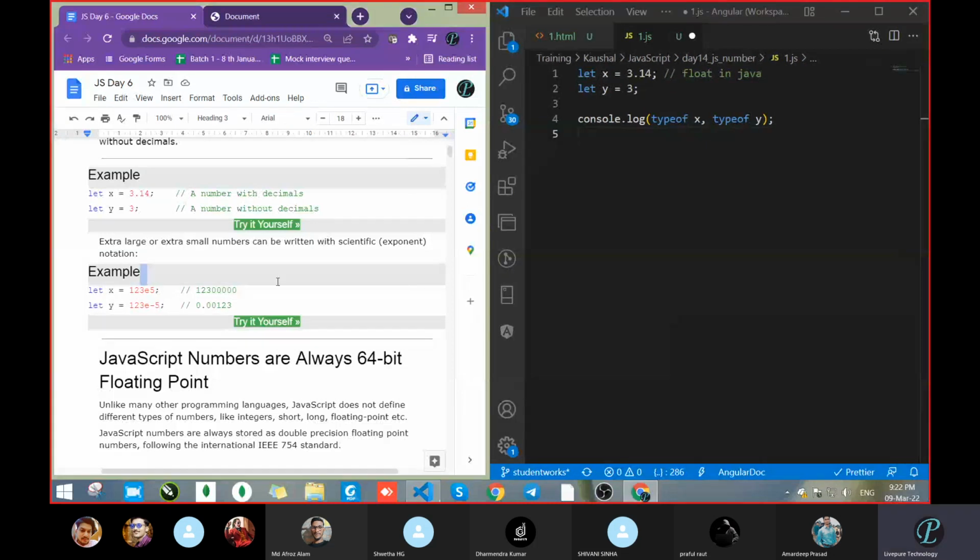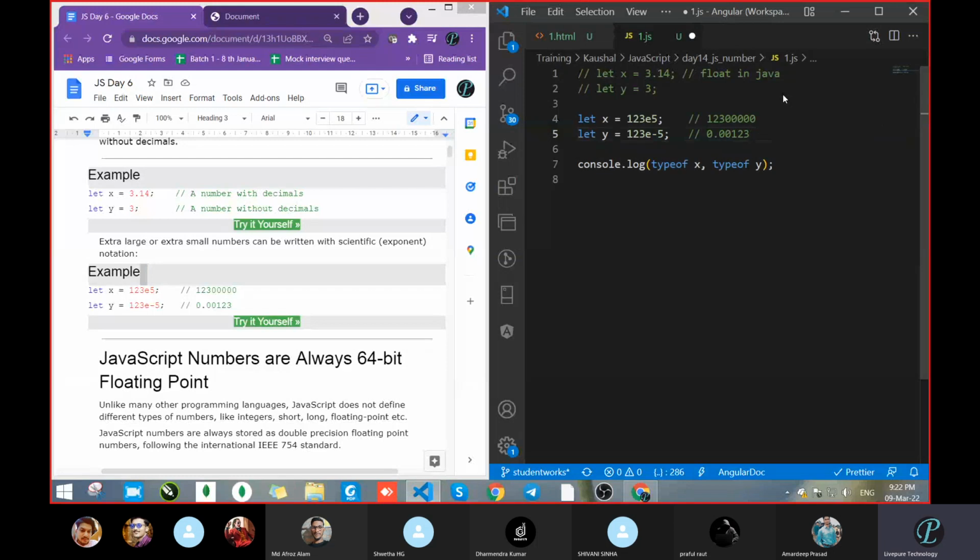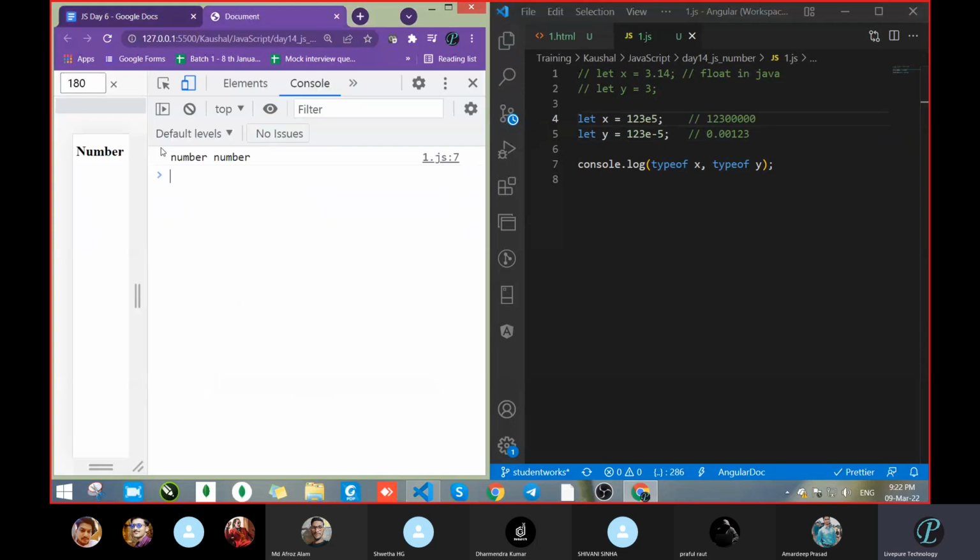Let's check another thing. If I take 12 point something, meaning an exponential value, let's see what it gives. It gives you type equal to number. Fine, and let's check the value.